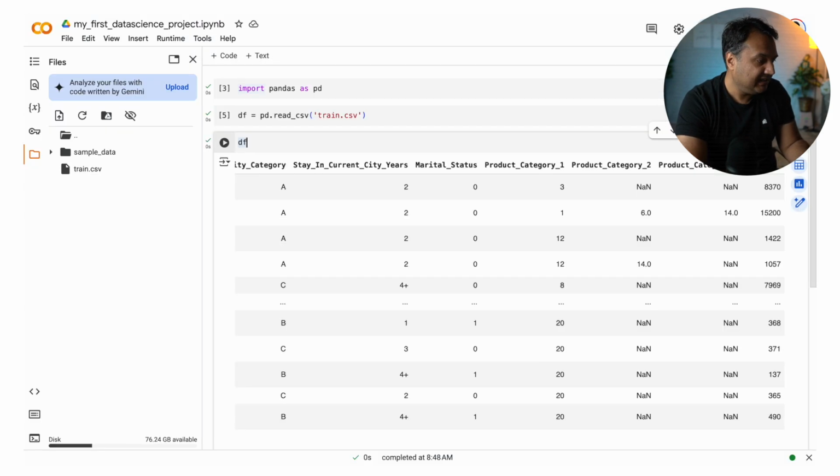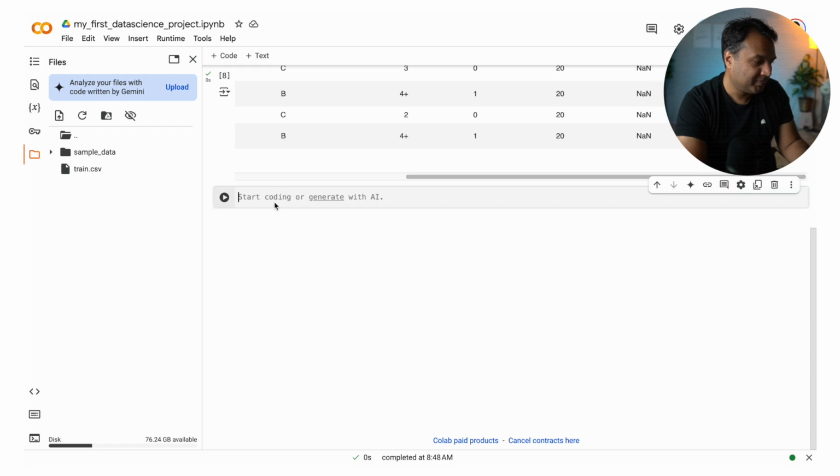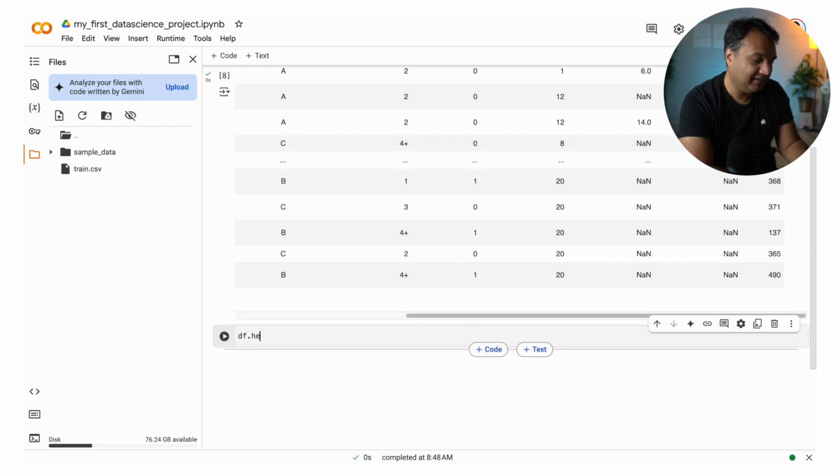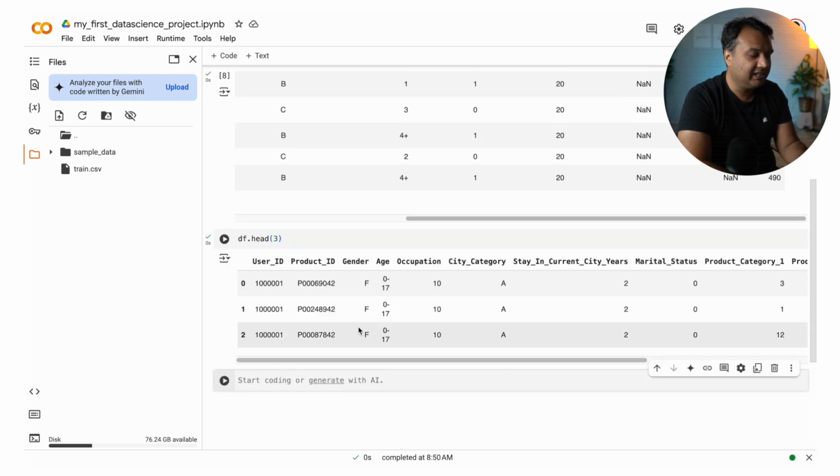Then there are some nice little things I want you to know. One thing is that since it has a lot of rows, you can just say df.head, and this will give you 5 records. If you want more, you can define 5, you can say 8, you can say whatever. Let's say if I say 3, this will give you just the top 3 records. Very easy to see just the top records, even if the data set is huge. So now you see, this is what df head is.